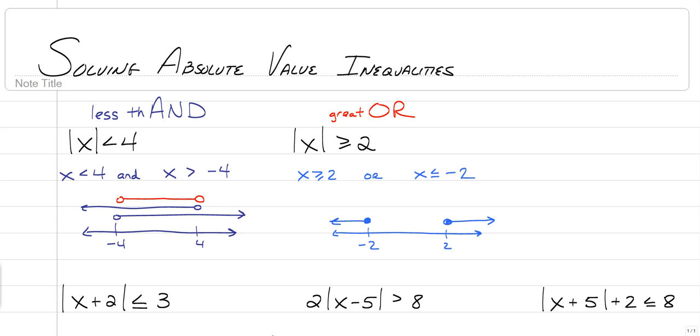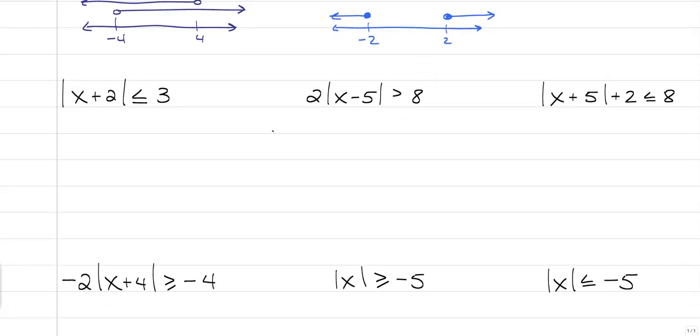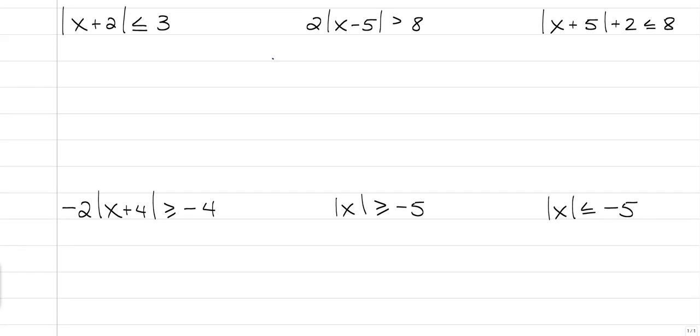Okay? So that's the basics of solving absolute value inequalities. So these right here are just an extension. They're a continuation of what we were doing with solving as well. So remember, when you solve absolute value equations, you need to get the absolute value by itself first, and then you do the multiple cases. So we're going to do the absolute value of x plus 2. It's already by itself, so x plus 2 has to be less than or equal to 3. This is a less than statement, so this is "and": x plus 2 is greater than or equal to